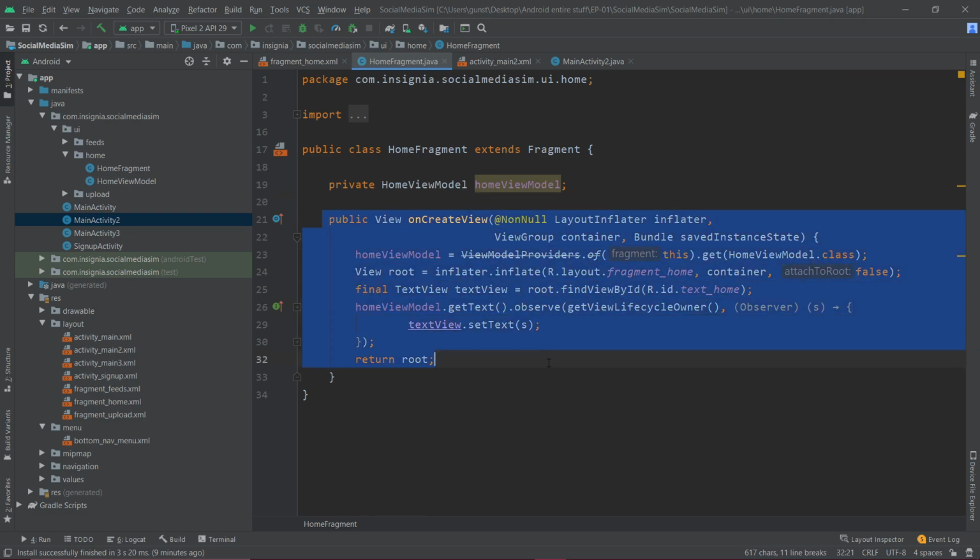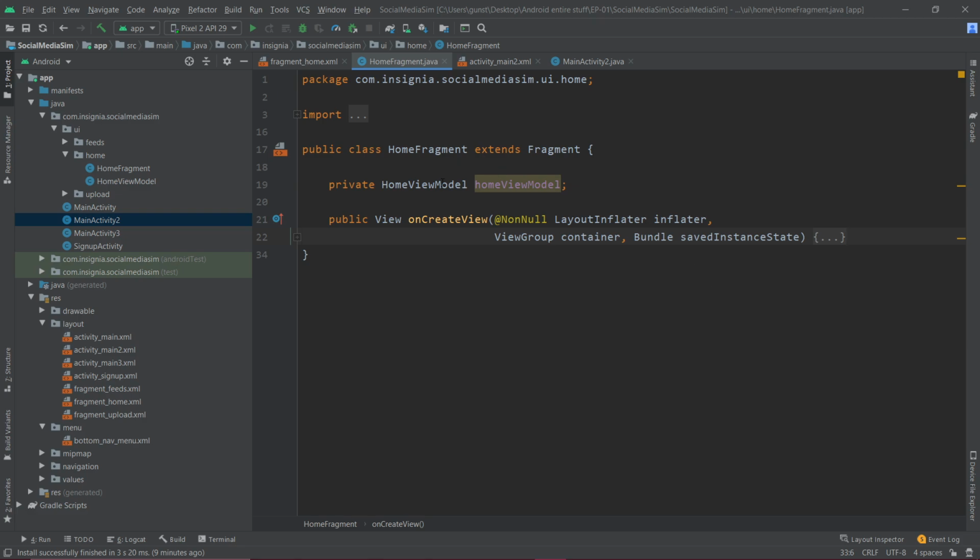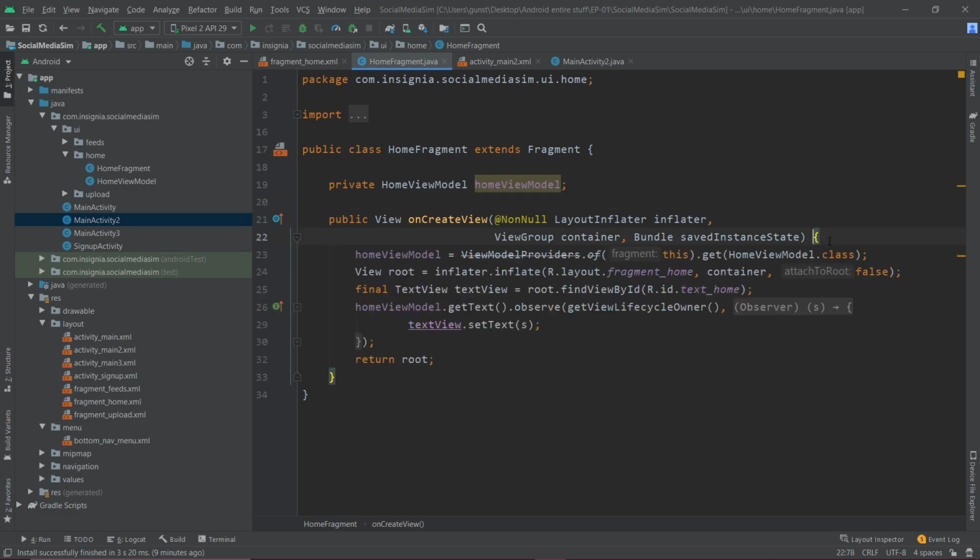as you can see, this is the onCreateView. That is, this is the instantiation part. We'll just close that up. This is the place where you are supposed to declare all the things that you are going to use. Okay, so this is the place where you declare all the edit text and buttons that you are going to use in your fragment. There is no change in that part.